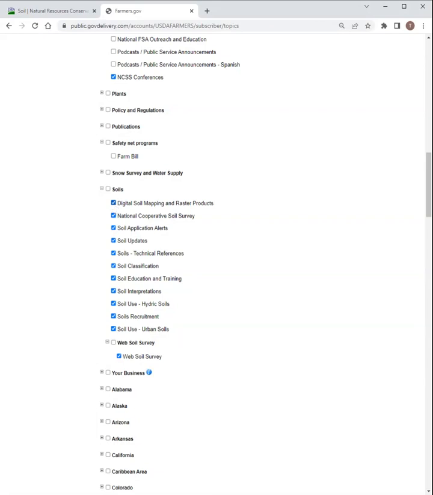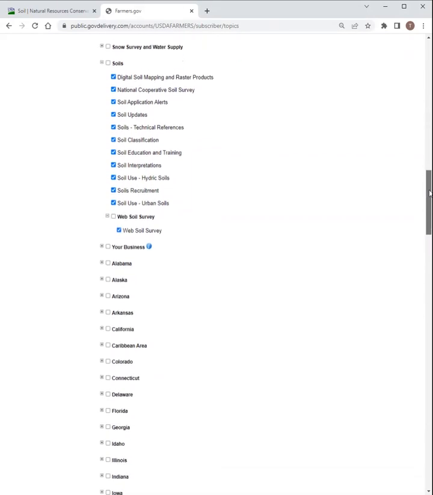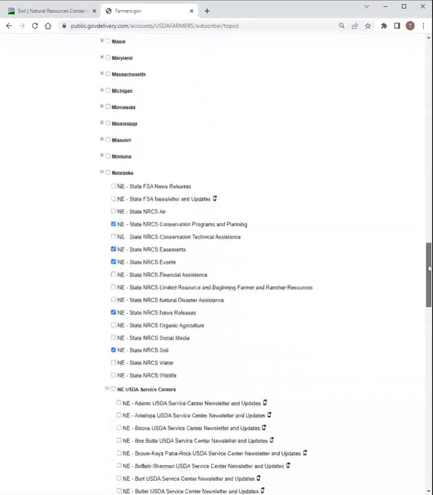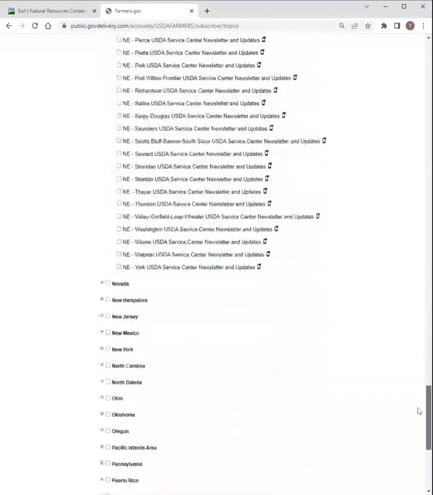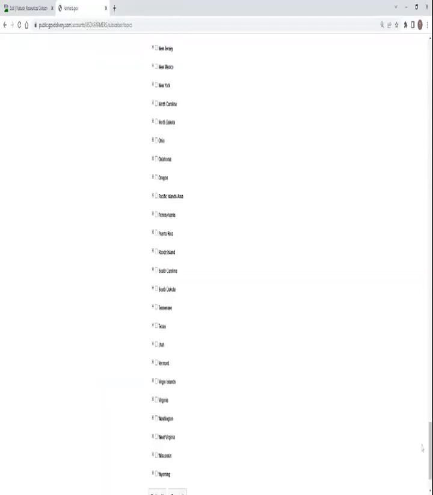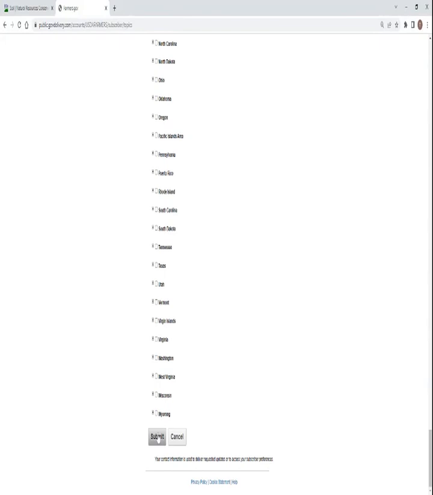So if you want to unsubscribe, you would simply click the box to turn it off. So the customer has complete control in what information they get and they can come in and customize this at any time. Once you've changed your subscriptions, you would come down to the bottom, and there's a submit button. So you would click submit,